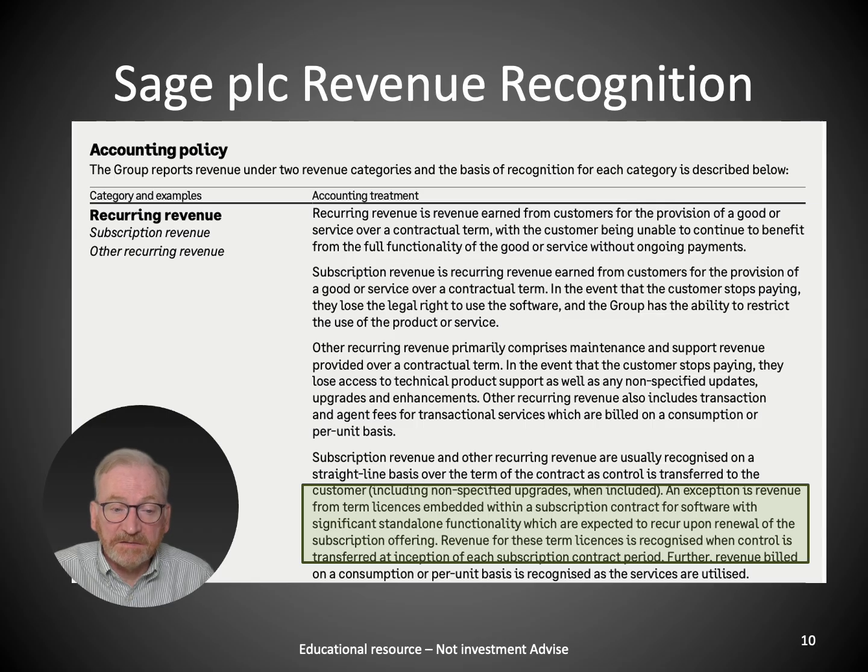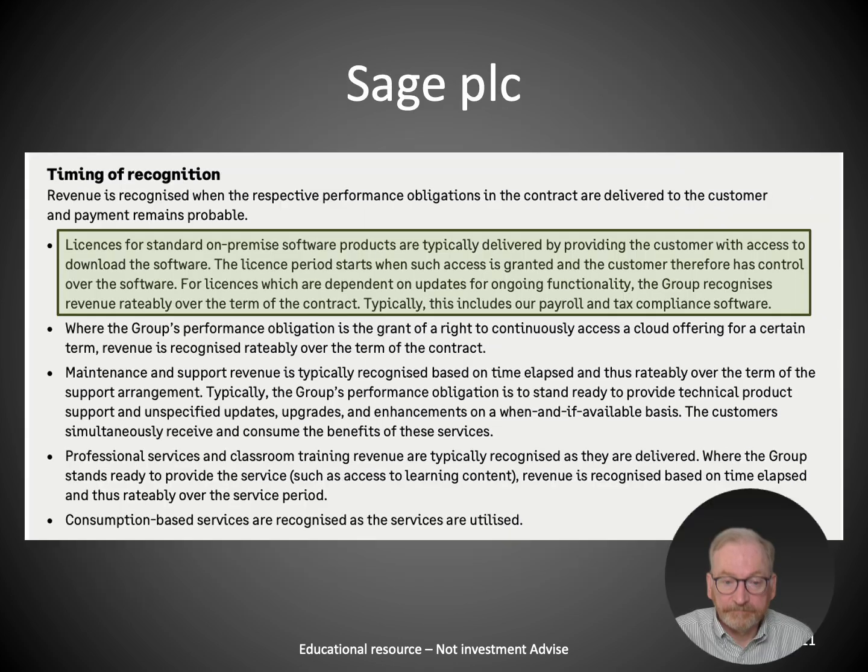If there's a term license in there, like a 5-year license or something like that, then the revenue is also recognized over that term. So the timing of recognition: licenses for standard on-premises software products are typically delivered by providing the customer with access to download the software.